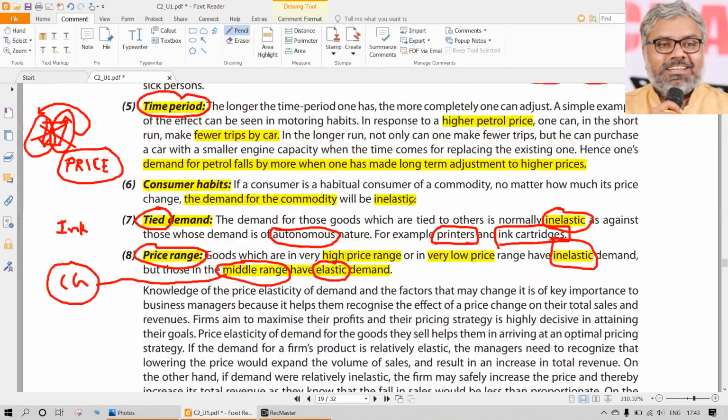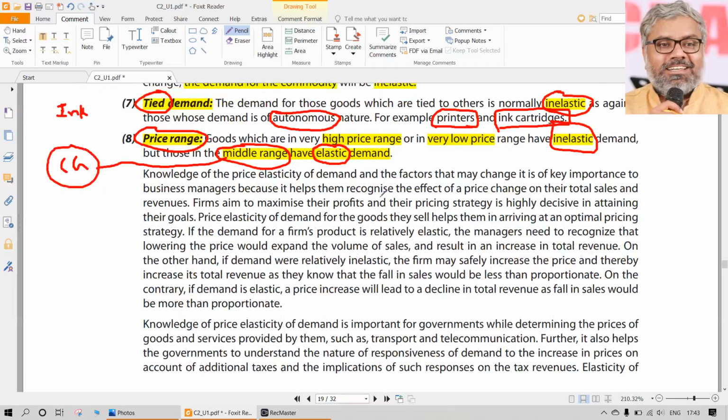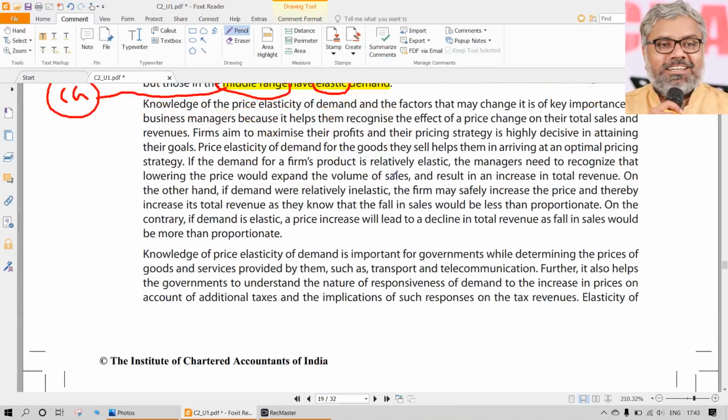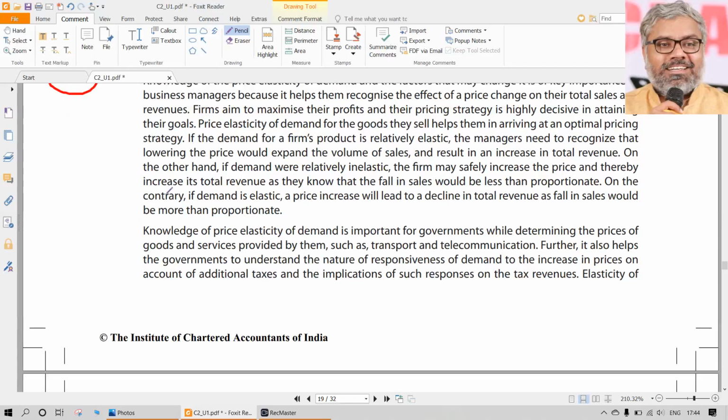Price elasticity is a reality. There is going to be a change in the quantity demanded because of a change in price, no doubt. But the question is, how much? That's what we have to measure, which we did by using different methods. Then the question is also why it happens. That could be because of many reasons, as we discussed. Okay, so that is the concept of price elasticity of demand.